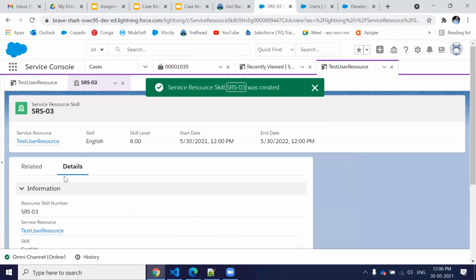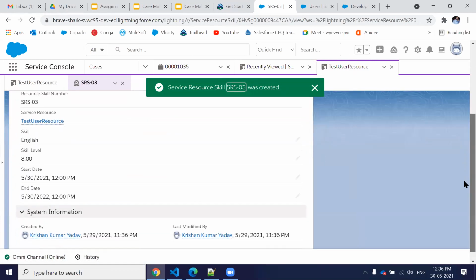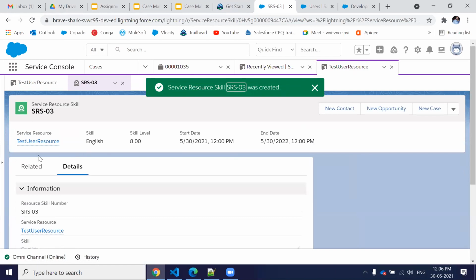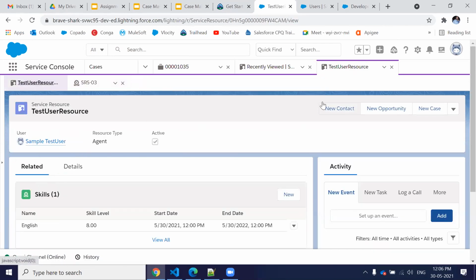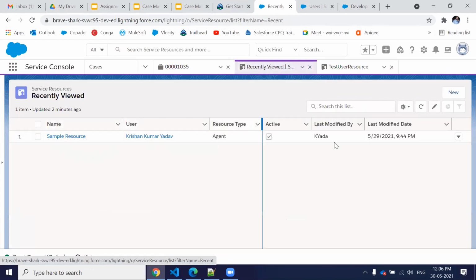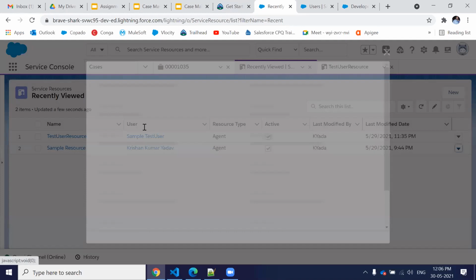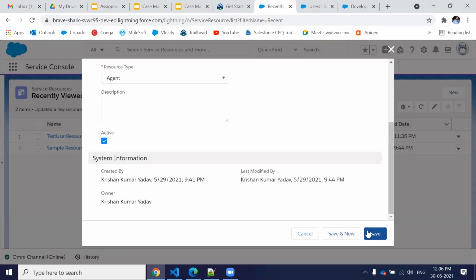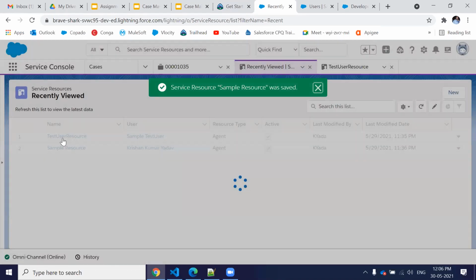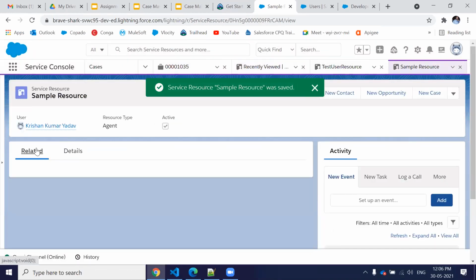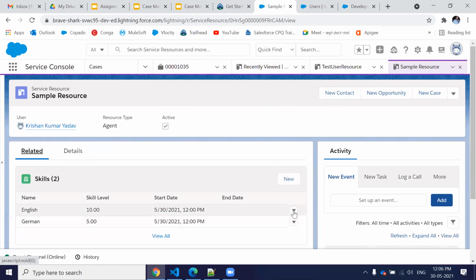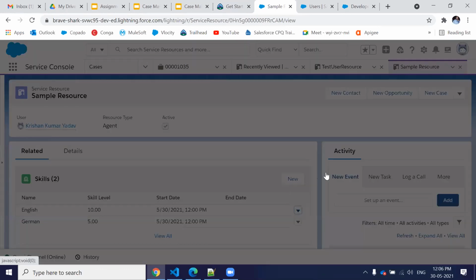So I have created a record which is active, and let's just check the related list. Edit, I'm going to edit this one. This is active. Let's just keep it active, but I'm going to remove one of the skills, which is English. So my two users have different skills.